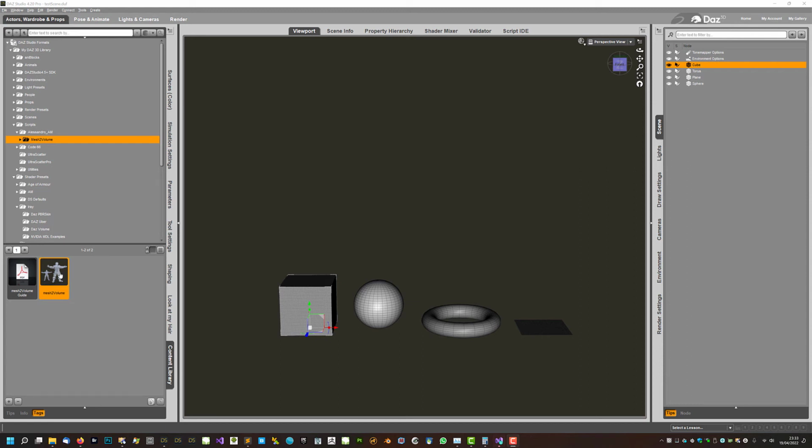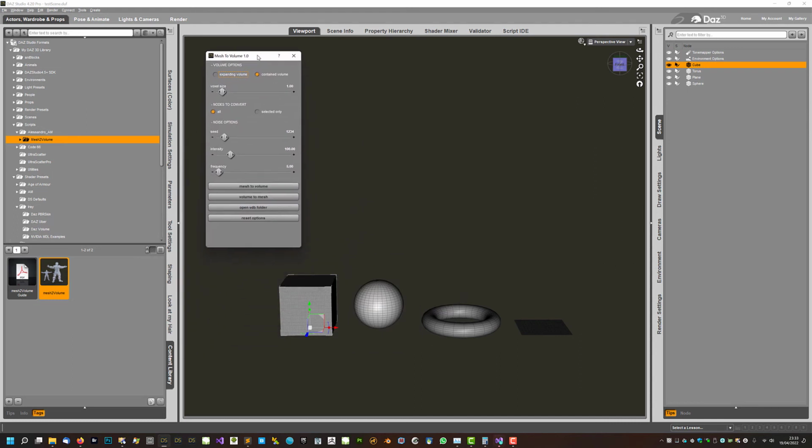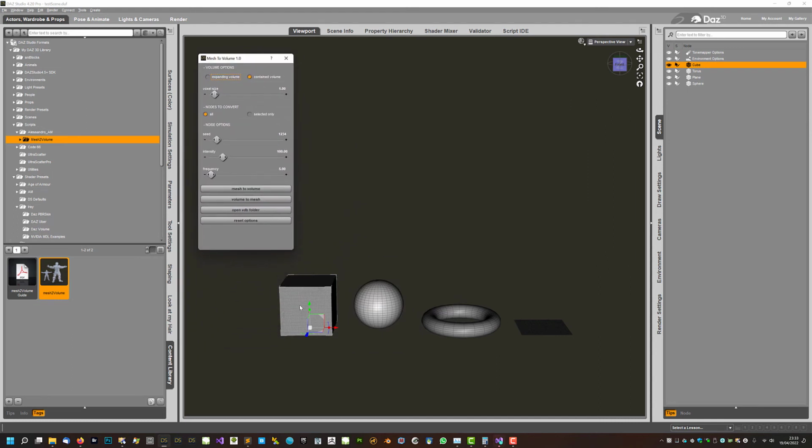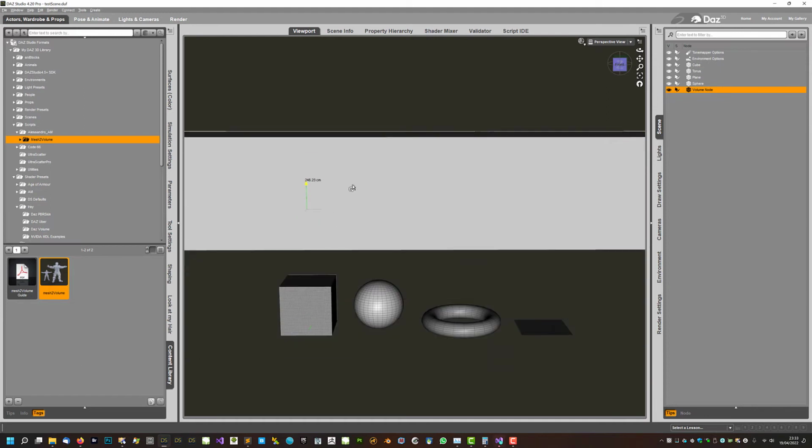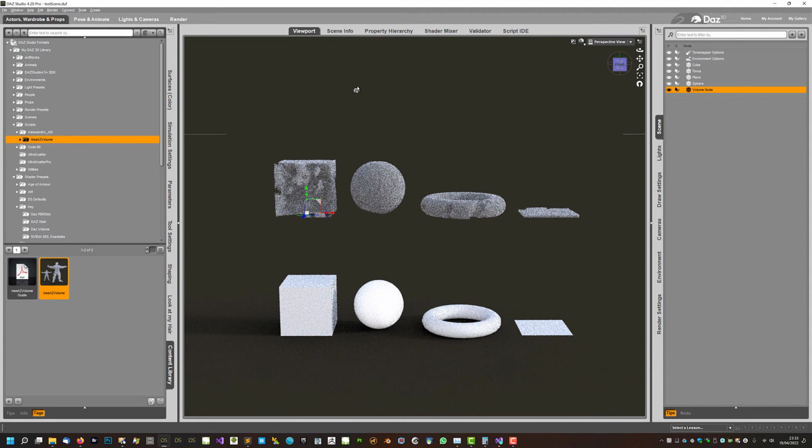contained versus expanding volume. For this demonstration, I have loaded a cube, a sphere, a torus, and a plane with some subdivisions, so that we have more geometry to work with. So let's try first the contained volume. Mesh to volume. This should be done very quickly. Okay, good. So we are going to move this up. And well, basically,